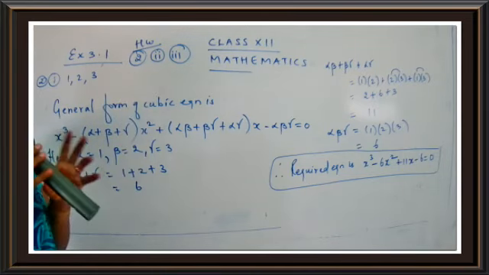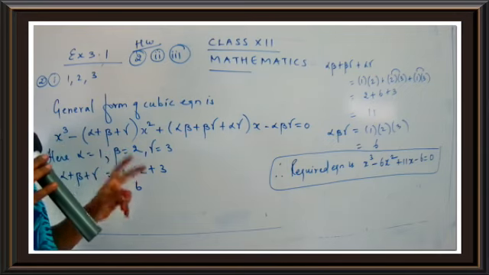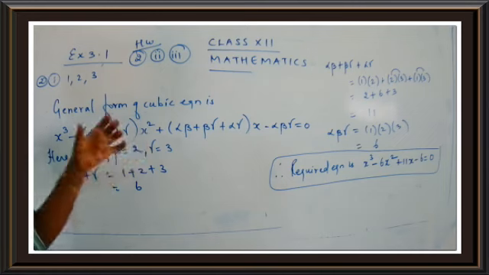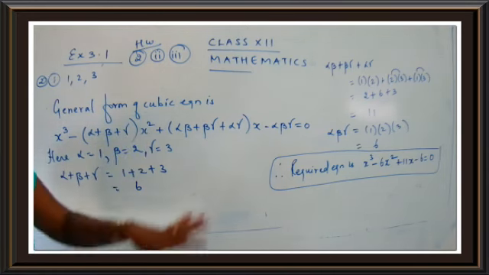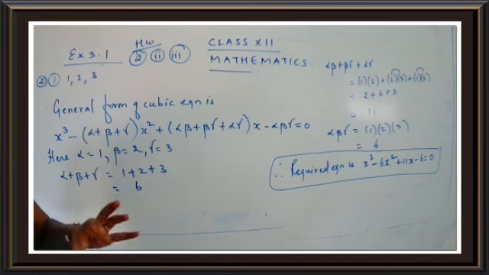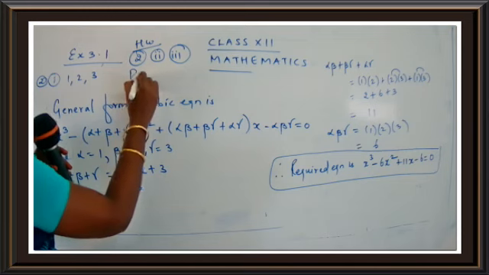So are you clear with my homework part, children? What is your homework from question number 2? The second subpart and the third subpart. Very simple. You have to write down the general form, find the values, substitute the values, and write the answer. That is the second and the third sum. That's very easy. Along with this, you are going to write down the two points.